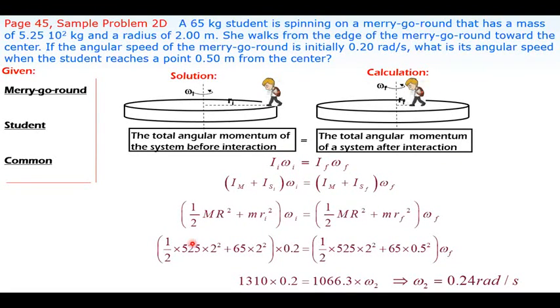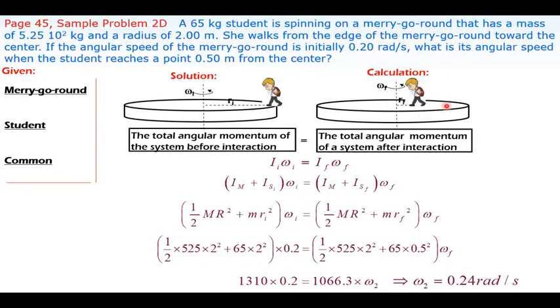Mass of the merry-go-round, 525. Radius of the merry-go-round, 2 meters. Mass of the student, 65 kilograms, given in the question. Initially the student is at the edge, so the initial radius is the radius of the merry-go-round, 2, squared. Initial angular speed is given as 0.2. For the final: the merry-go-round has no change in shape, so again 1 over 2 times 525 times 2 squared. But the student is now closer to the axis of rotation, so the radius is 0.5. Then calculate the final angular speed. Using your calculator you will get an angular speed of 0.25, as expected,